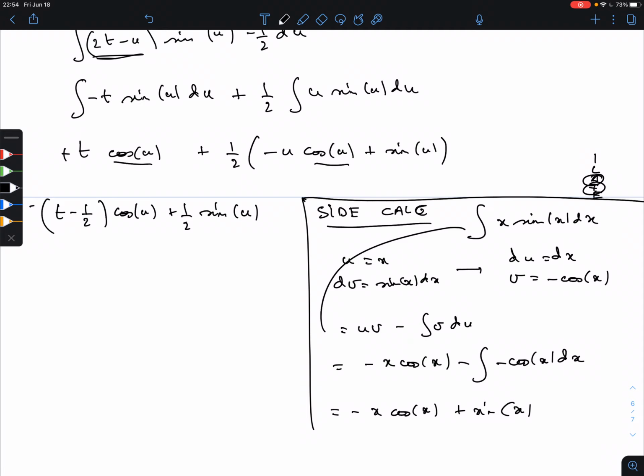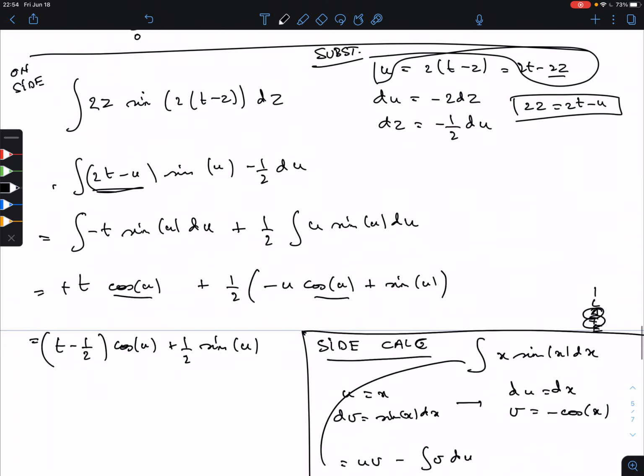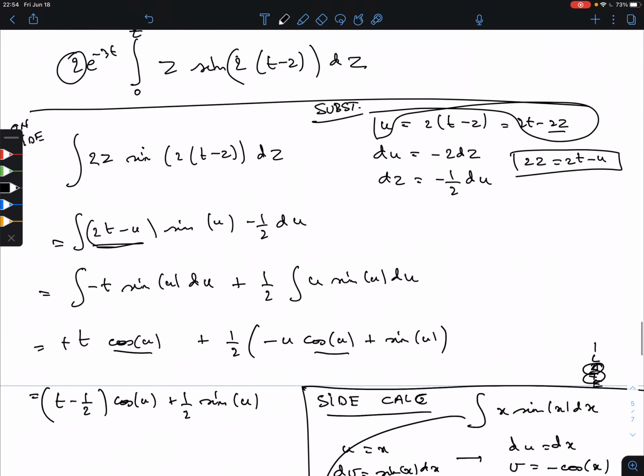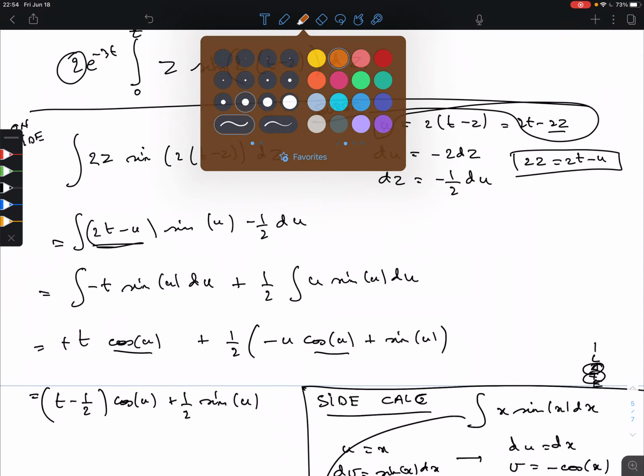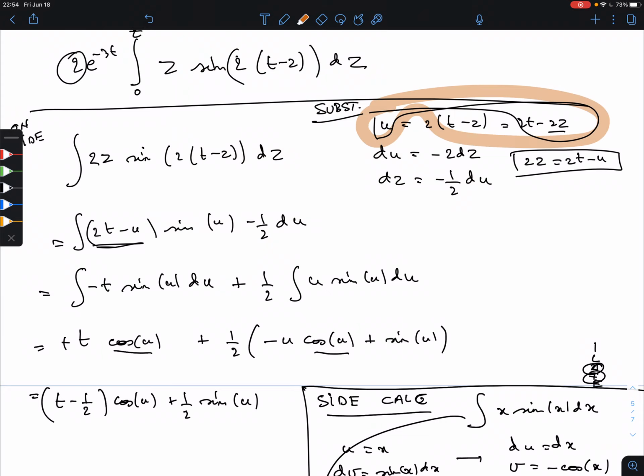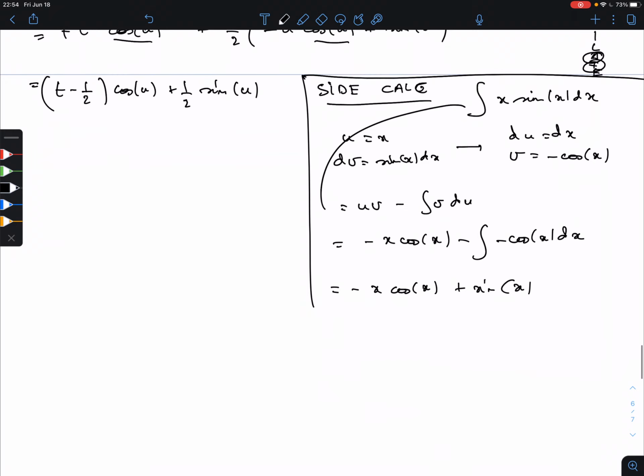Now where does the u come from? That u was a substitution, so we should mark every time we do these substitutions, right? U was a substitution here. I'll do it in a different color here. This was a substitution, so we should plug back in what u is. U is 2 times t minus z. So we get t minus a half